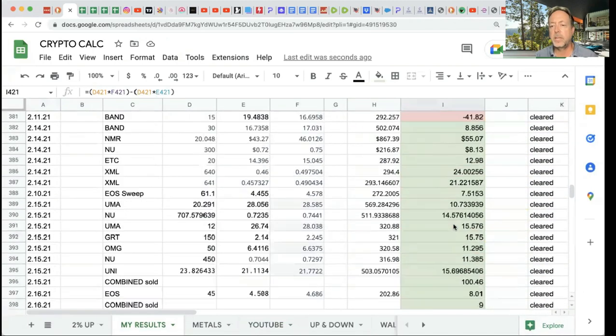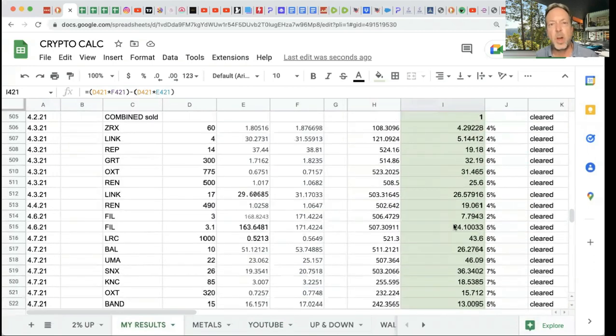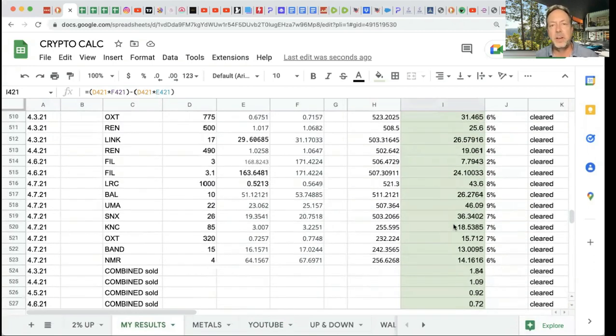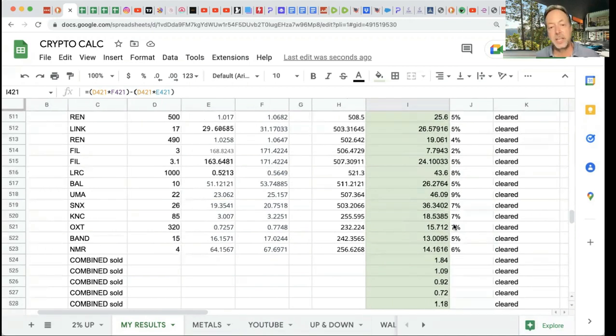Some of them was because I used to get nervous and I used to sell. And then I would check like a week later or a month later and they would come back up and they would hit that mark. And so I'd be, oh man, I just lost like 700 bucks because I got nervous. I get nervous like you guys too, but not as much anymore.